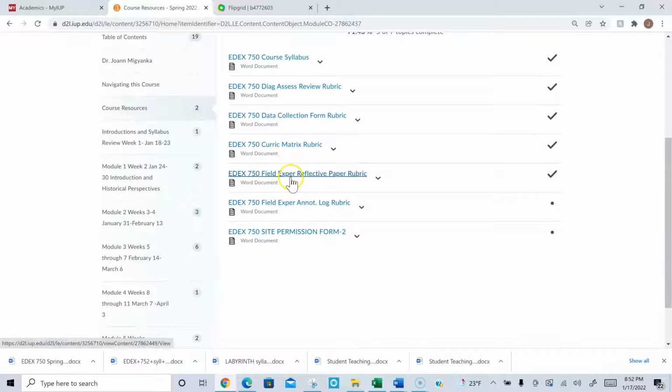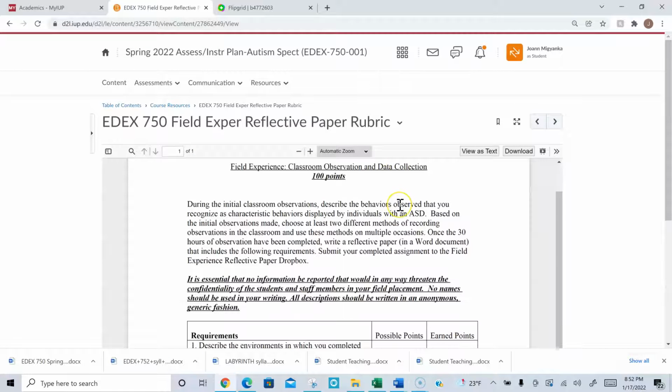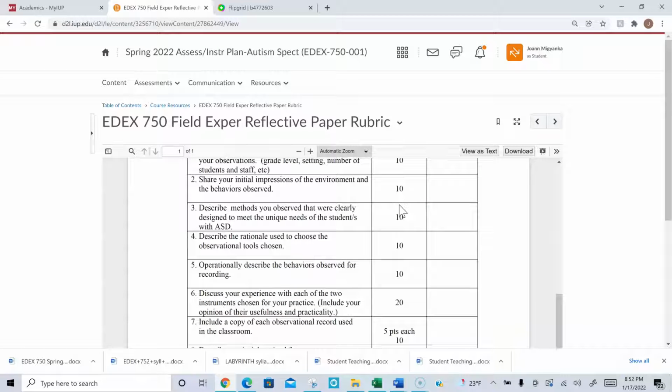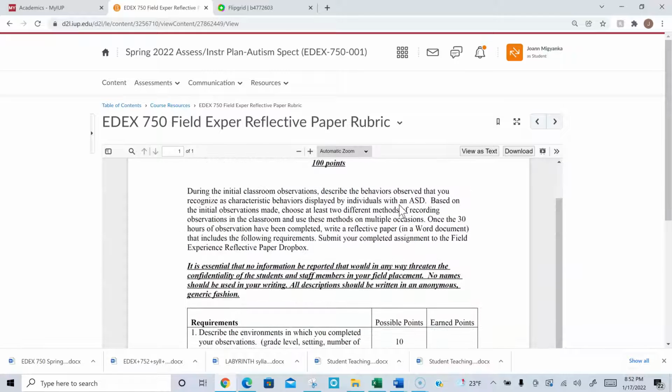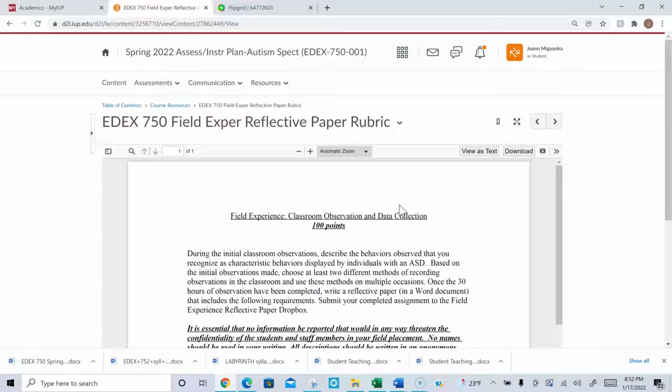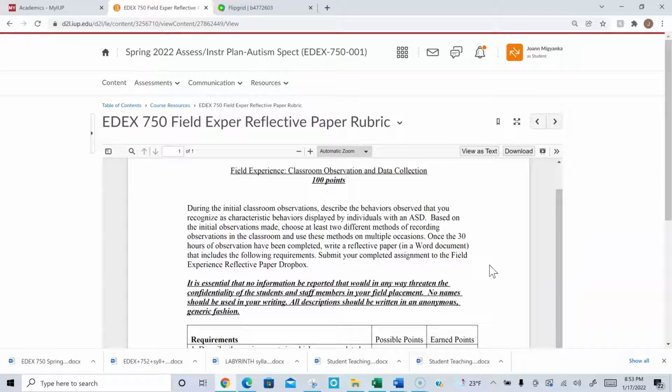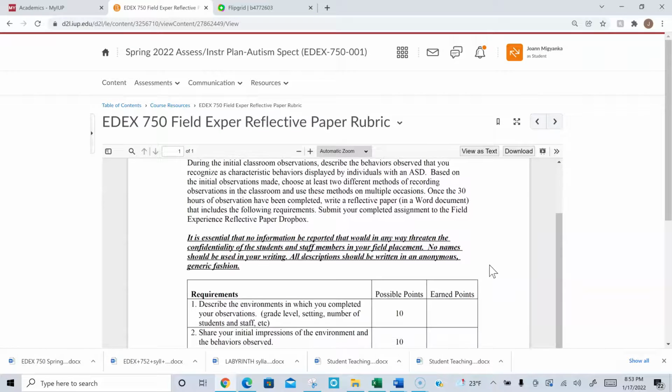There is a reflective paper for the field experience. And what needs to be within that field experience. So you're going to describe the behaviors based on the initial observations made. Choose at least 2 different methods of recording observations in the classroom and use these methods on multiple occasions. Once the 30 hours of observation have been completed, you'll write a reflective paper that includes the following requirements, and